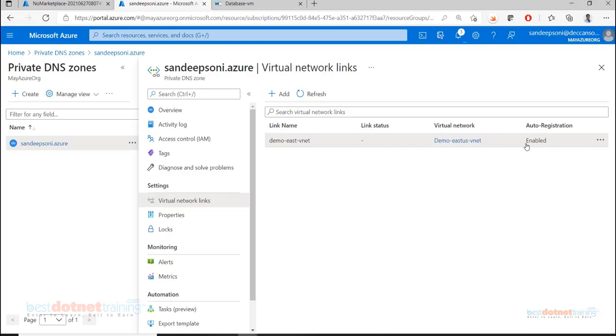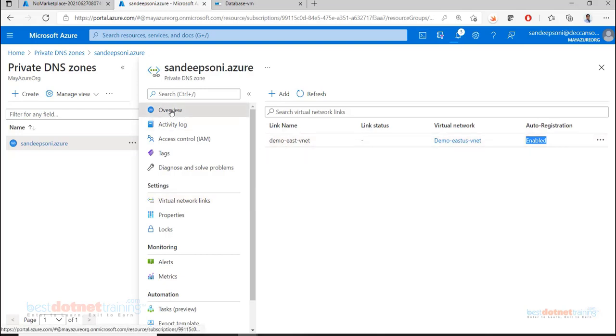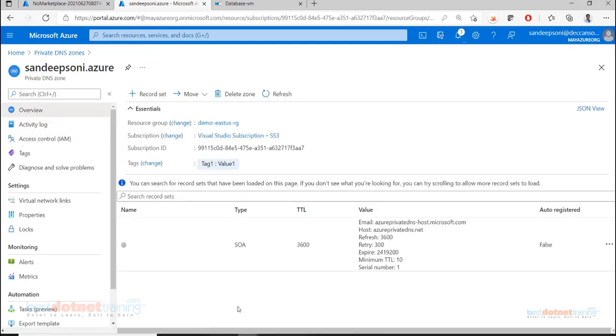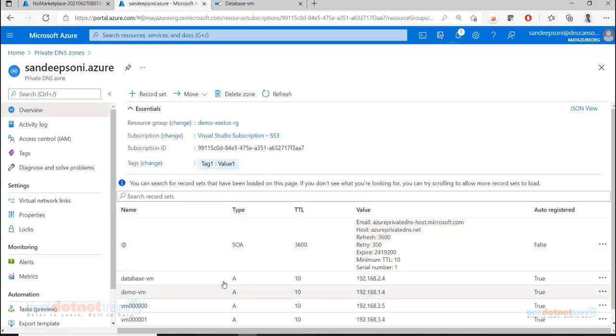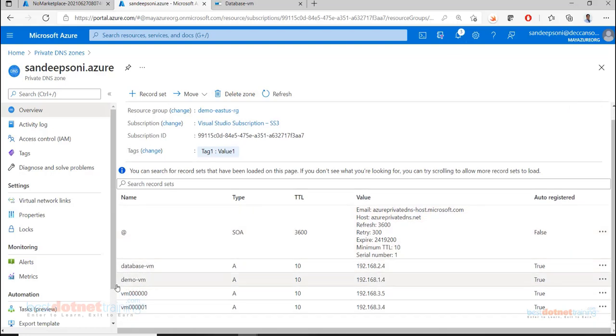Auto registration is enabled. So as soon as a new virtual machine is provisioned, whatever its private IP is will get registered here with a name. Not yet, this has to complete. Now it has demo-vm mapped to its private IP address.